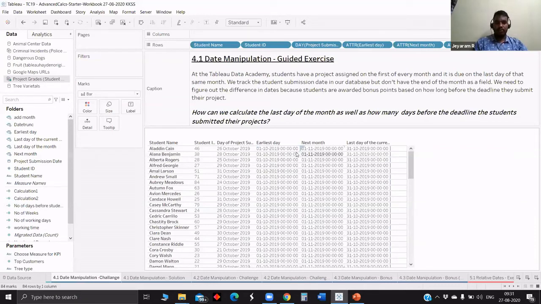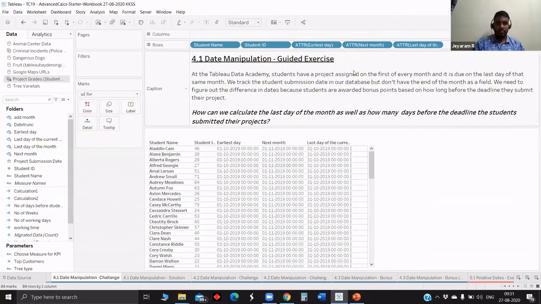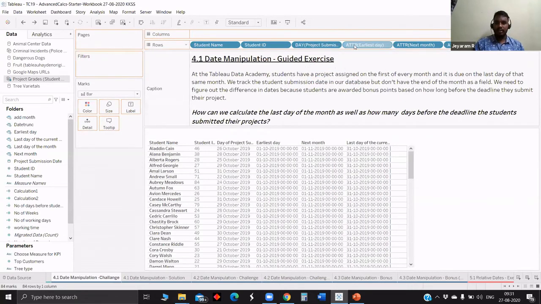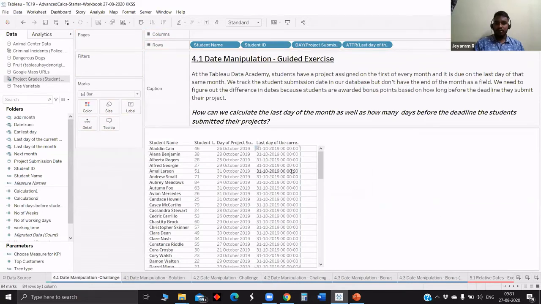And to do that, we have just used the date add function. Then again, to get the last day of the current month, starting of the next month minus 1 by day will give us the last day of the current month. So the functions we have used here are date trunc, then date add, again date add. So we have used these 2 functions here. For the time being, we don't need all the 3 fields in the middle, so we can remove them. No, we need the project submission date. We can remove the earliest day and next month. So we got the last day of the current month.